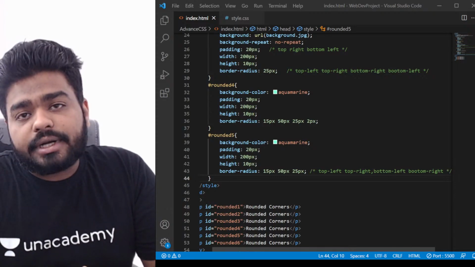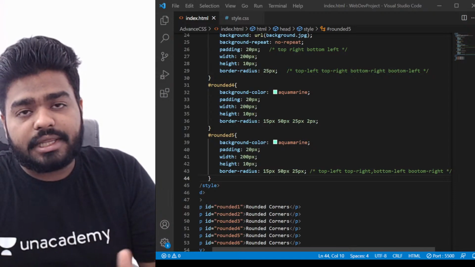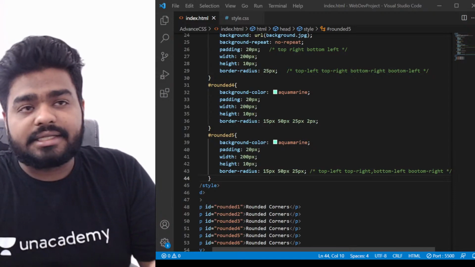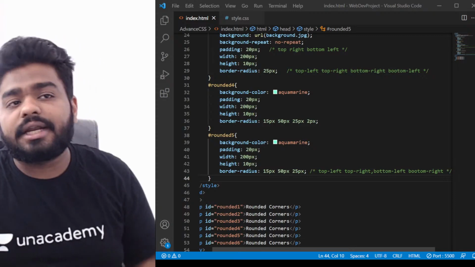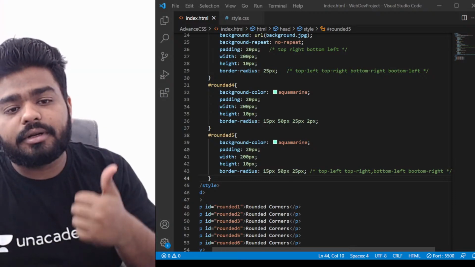It's very good to know CRUD applications. If you know CRUD applications like create, read, update, and delete, that's a very big bonus point for you all. Because CRUD applications, if you're a front-end developer,